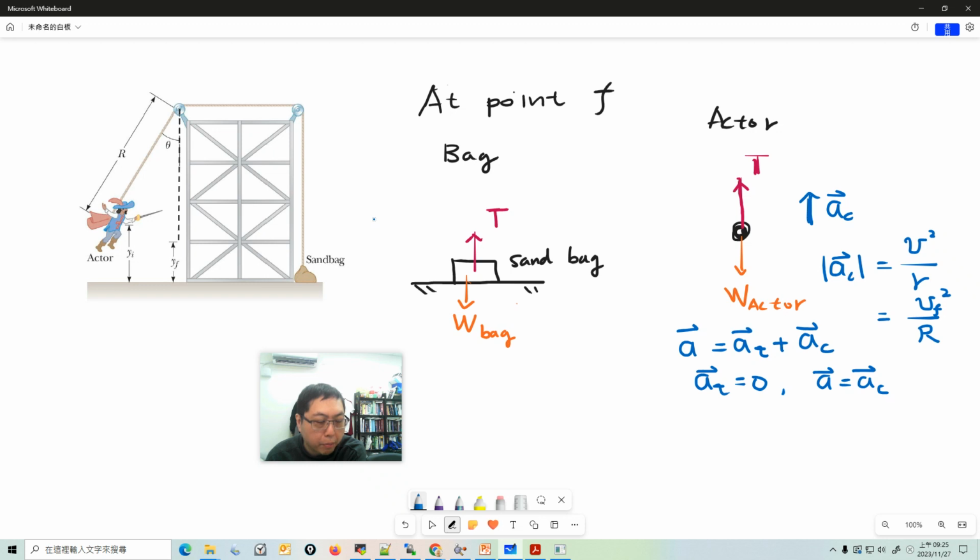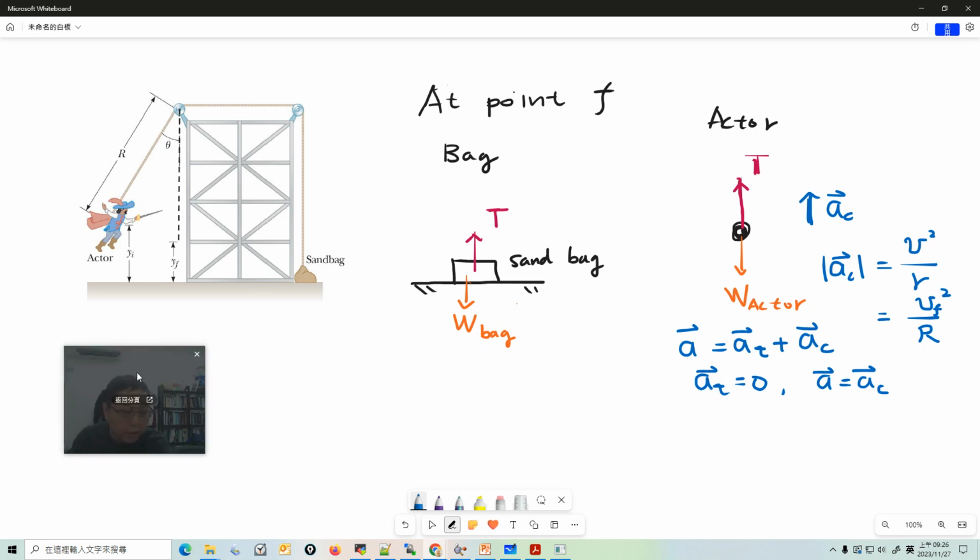So the problem says at point F, he doesn't want the sandbag to do any motion, so he doesn't want to pull the sandbag up even at point F. And he wants us to find the maximum value. So at the maximum value,